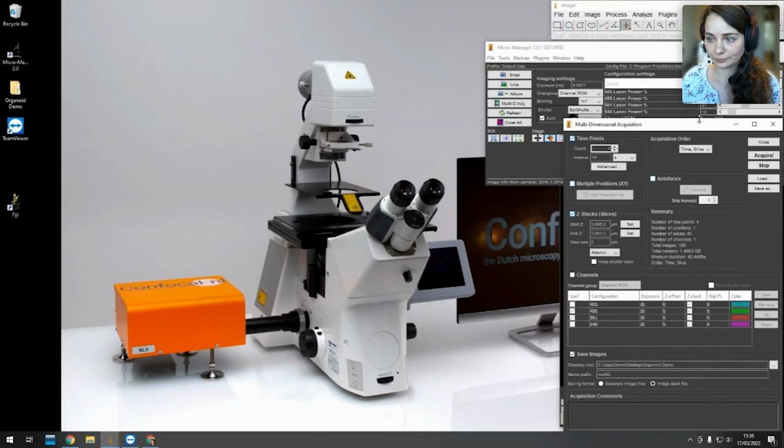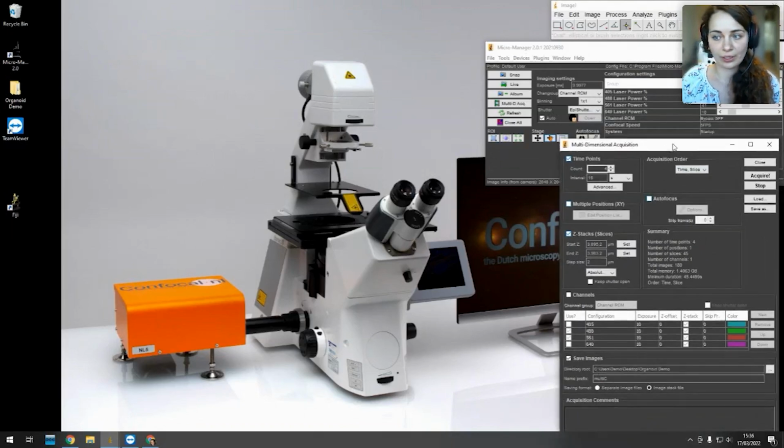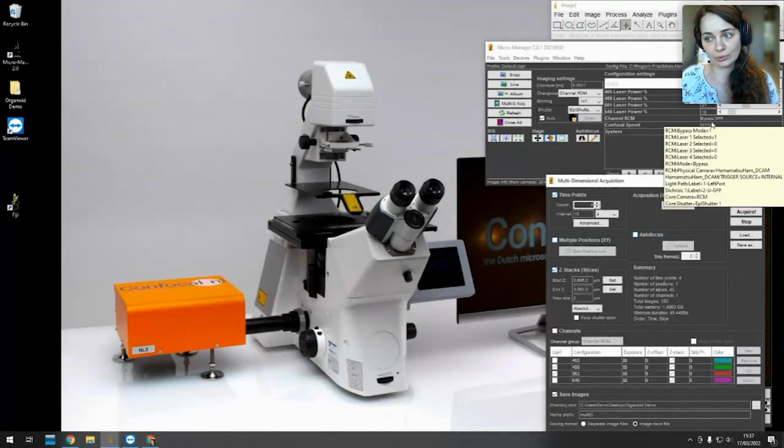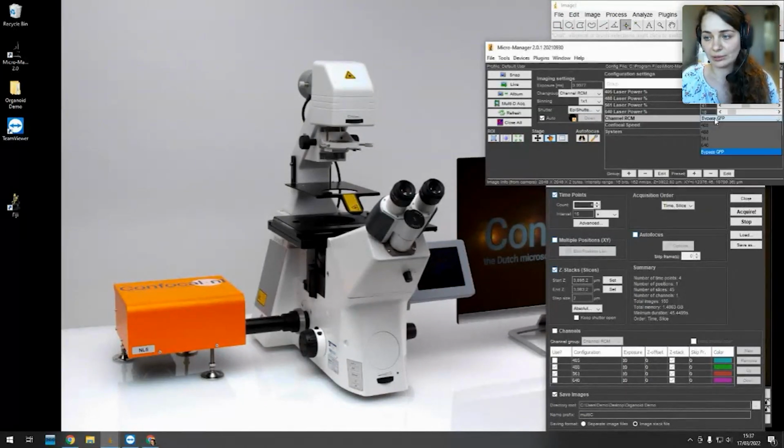For image acquisition, I am using Micromanager, which is open source software that can control any microscope, camera, or confocal system. But NL5 can also be controlled from any other third-party software. So NL5 as an upgrade is something I'm controlling from Micromanager now, and it allows us to use bypass and also confocal mode. So if I click on the bypass mode,